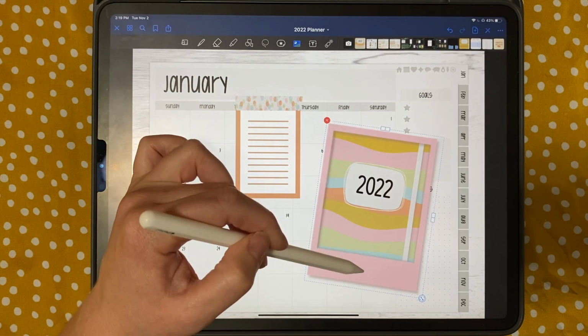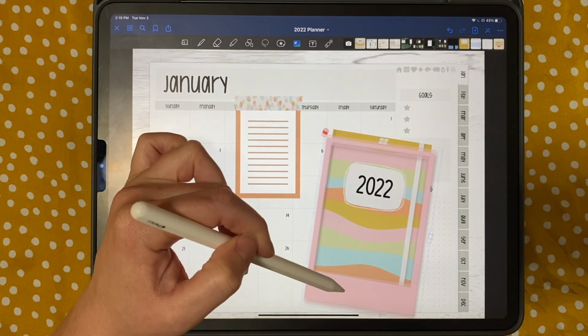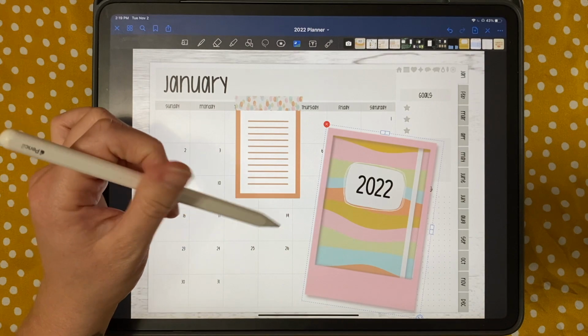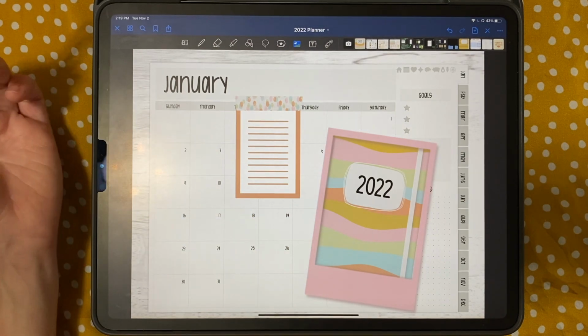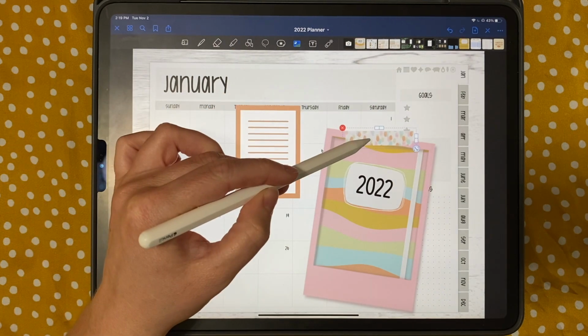And this needs to be so much longer, I'm seeing. So I'm just gonna, there we go. That looks about right to me. So I'm gonna tap off of it now. This is perfect. All right, so now if I want to put this over there, I've decided I can do that,